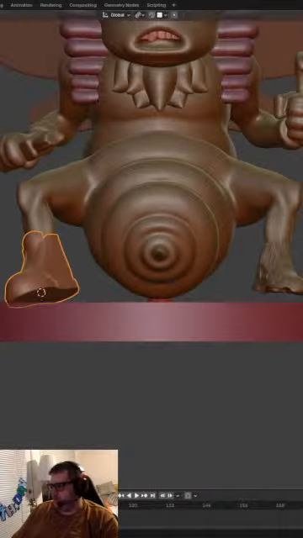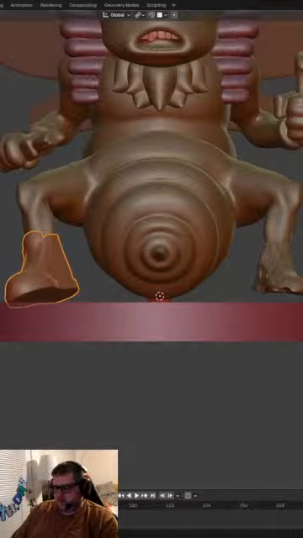Alright, so first thing we're gonna do here is go to our 3D cursor and set it to 0, 0, 0. And then we're going to set our origin to 3D cursor.